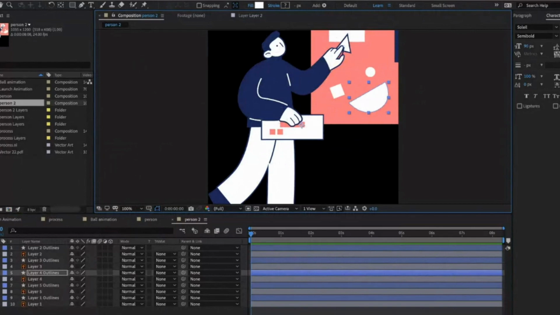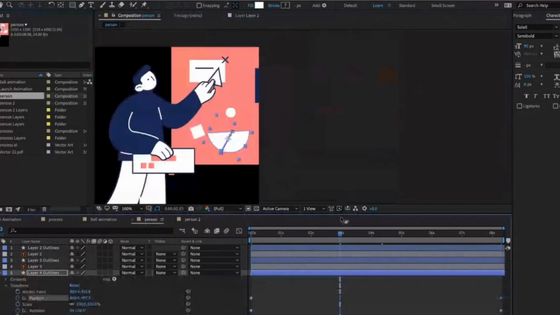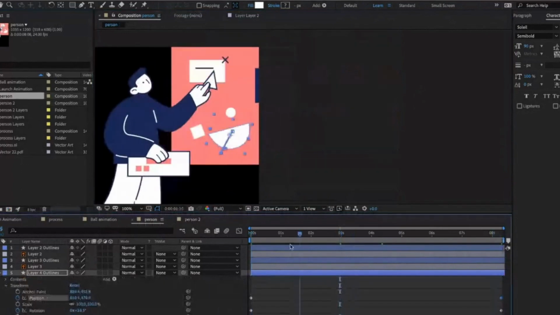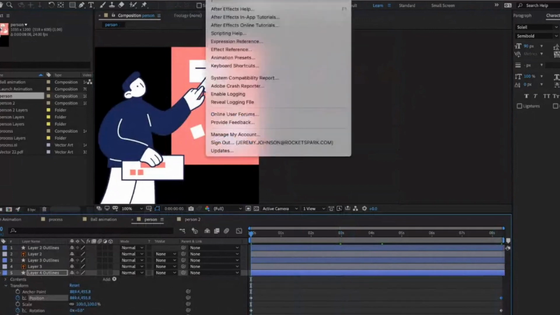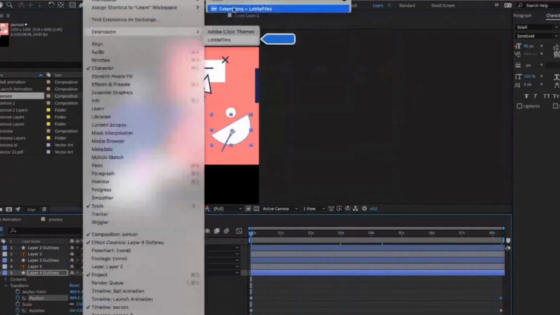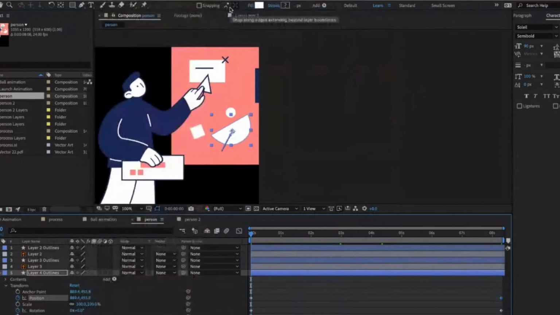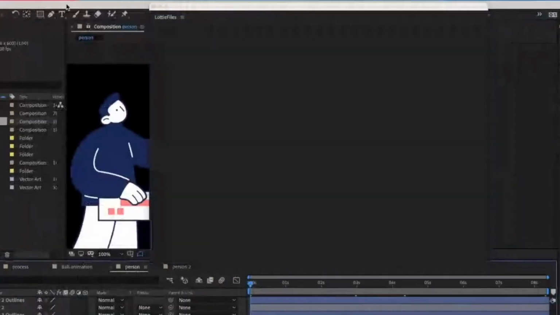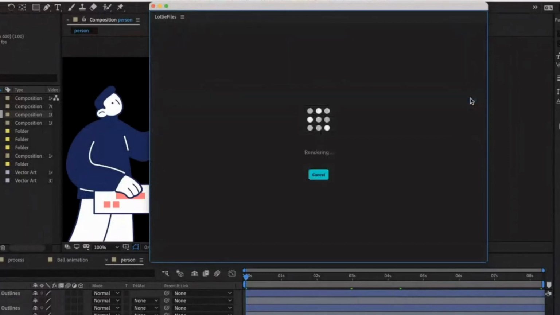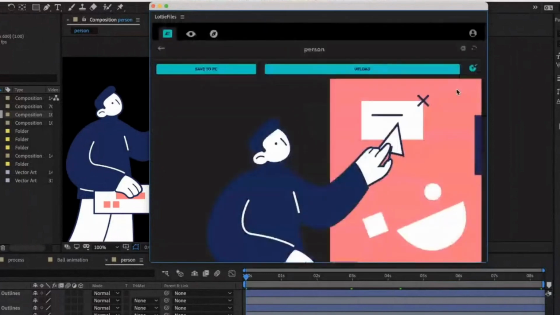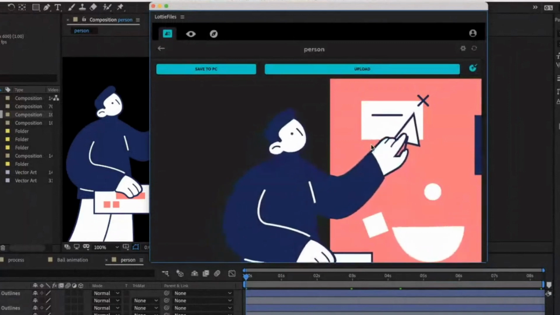If I jump back to the one that I'd pre-prepared with the animation, now if I want to get this into Lottie, it's just a matter of using the Lottie extension. Cool. All of my different compositions show here in this list. I think person was the name of that one. If I just click this little arrow, it then renders it, and you get a little preview of your animation.